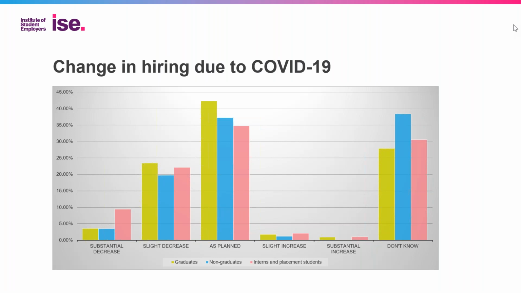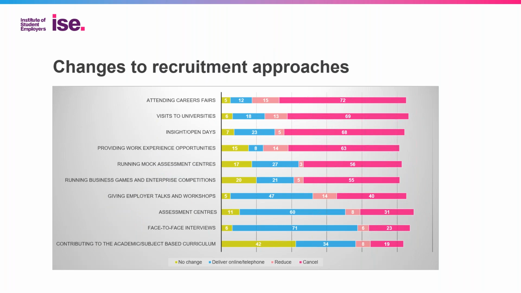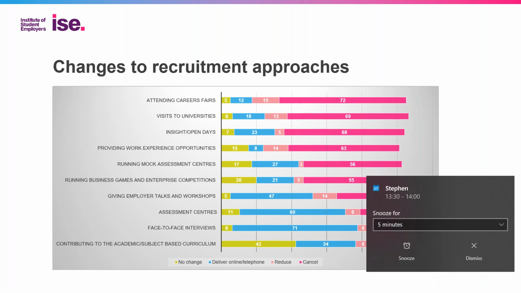What we've definitely seen is that people are interested in moving stuff online. When we asked the questions, which seems like a long while ago but in fact was only a couple of weeks ago, mainly people said no, we're going to cancel them rather than shift them online. But my sense is that if we're looking forward to the next academic year, the proportion who are moving those kinds of things online will increase probably quite substantially.